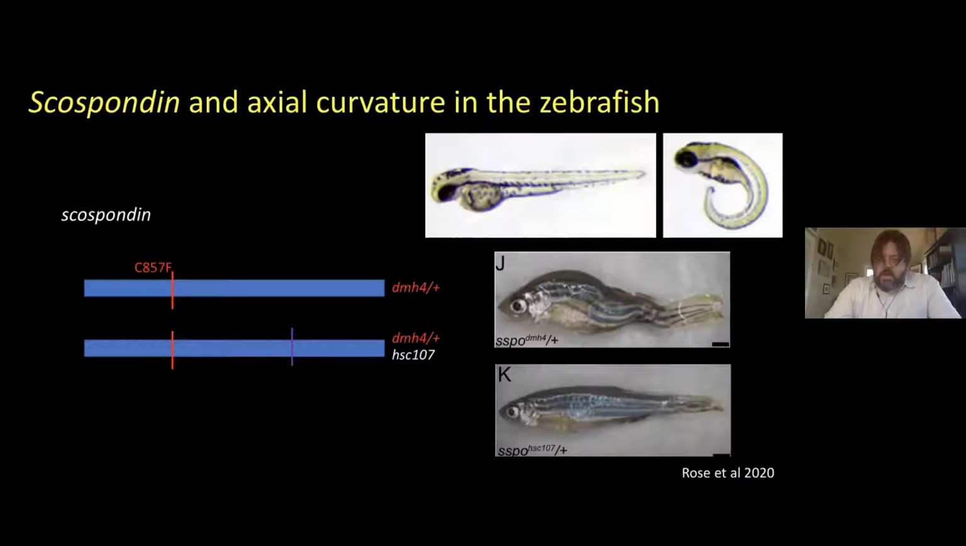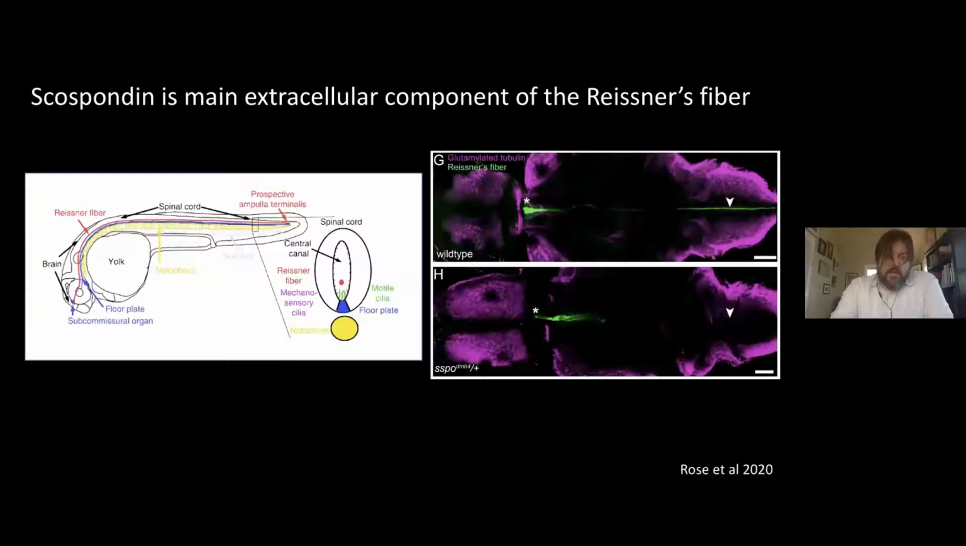And when we do this, we show that it really is a gain of function mutation or a dominant negative, and the fact that when you lose the function of that particular allele, it reverts back to wild type, and that you see in K. So we have this mutation in scospondin, but it was unsure what scospondin was really doing because scospondin is actually